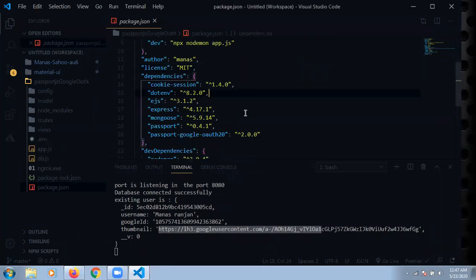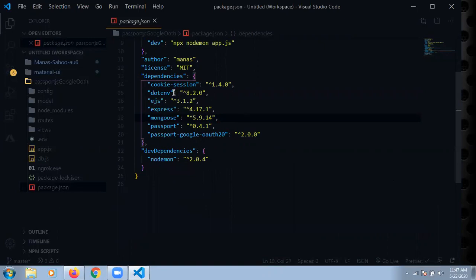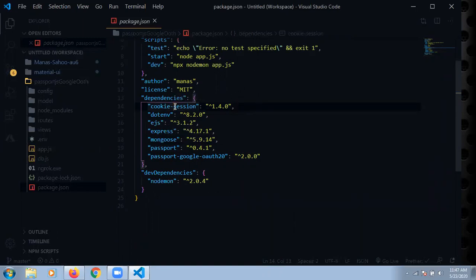I will show you the package.json and what we are going to use in our application. Inside it we are using cookie-parser and cookie-session because we are using the front end side. Whenever the user logs in, we provide some details taken from them, which are stored inside the cookies. If the user logs in again, that session or cookie data is sent to the backend server, which fetches the data and compares whether the details given by the user already exist in our database or not. So this is the main purpose.